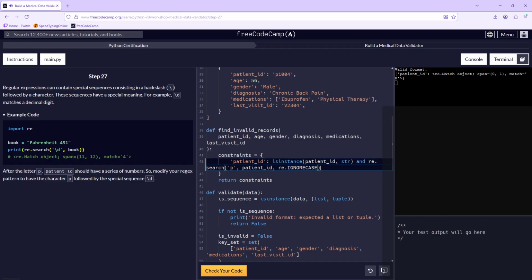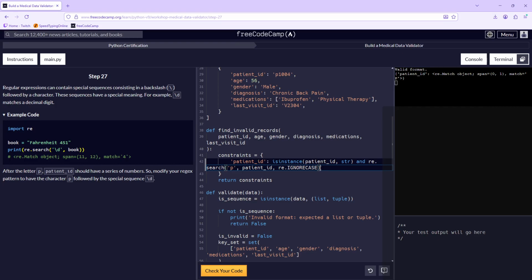Regular expressions can contain special sequences consisting of a backslash followed by a character. These sequences have a special meaning. For example, \d matches a decimal digit. Import re, book equals Fahrenheit 451, print re.search \d book, matches the decimal digit. After the letter P, patient ID should have a series of numbers.